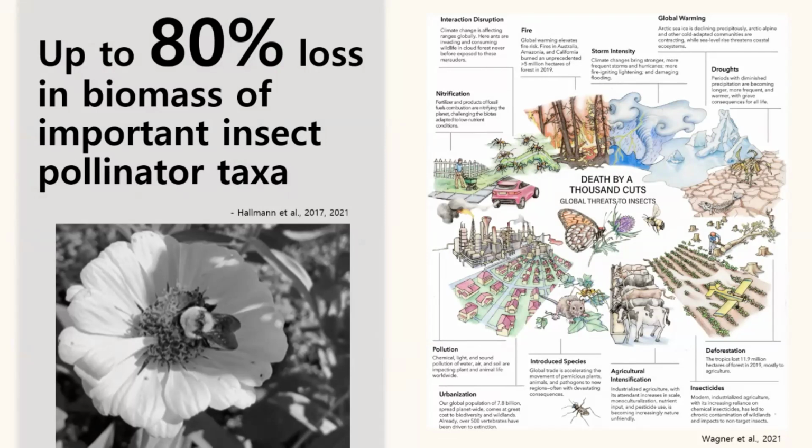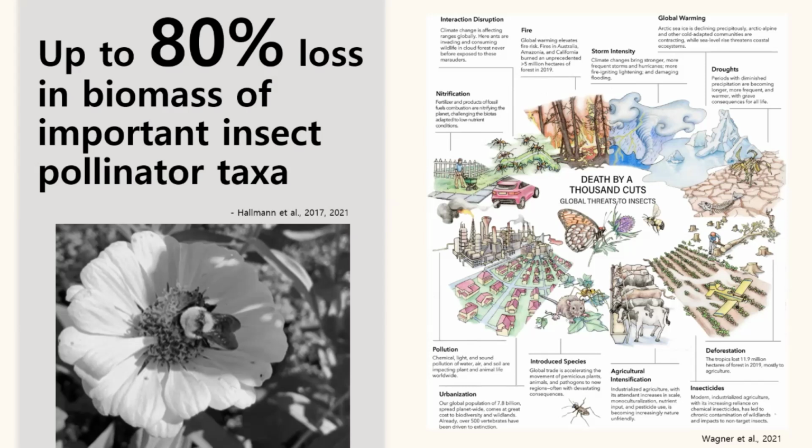And this is because the data that we're seeing and the track that we're currently on with climate change and global warming, we could have up to 80% loss in biomass of important insect pollinator taxa. This is just of the pollinators. We just saw the other important roles like decomposers and pest controllers. But if we're just even looking at pollinator taxa, we are on track to lose about 80% of their biomass,